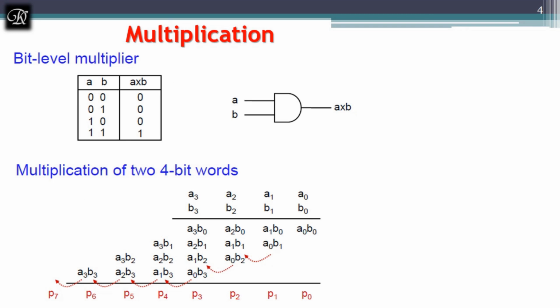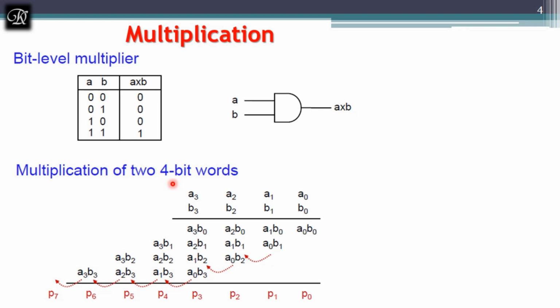Now we will see how to achieve this with the help of AND gate. So when it comes to multiplication, we will use a logical circuit, that is an AND gate, which will perform the multiplication of a given bit. So we know the truth table of AND gate, that is when both inputs are high, we'll get the output as high, otherwise it always remains as 0 in any other cases.